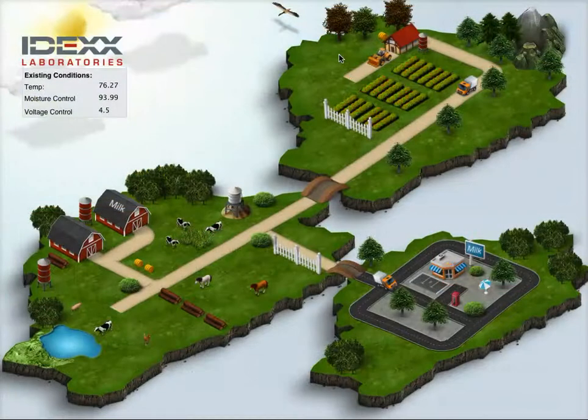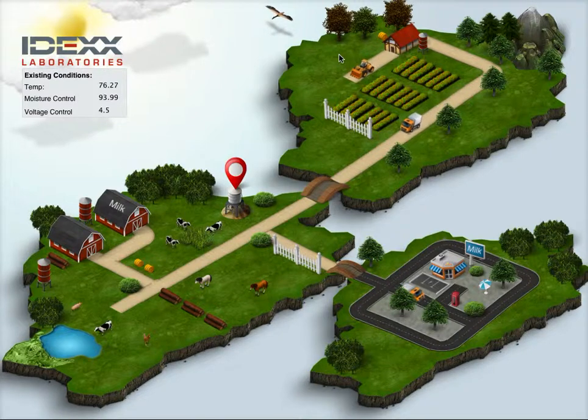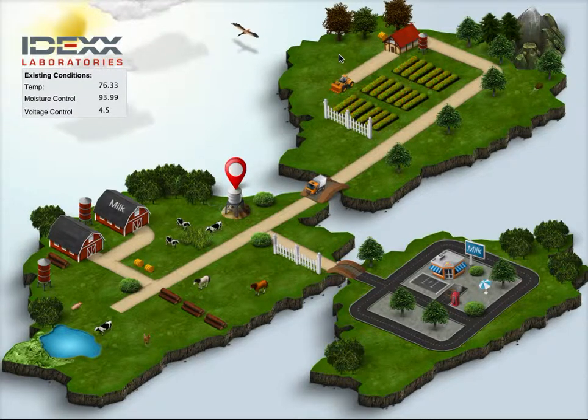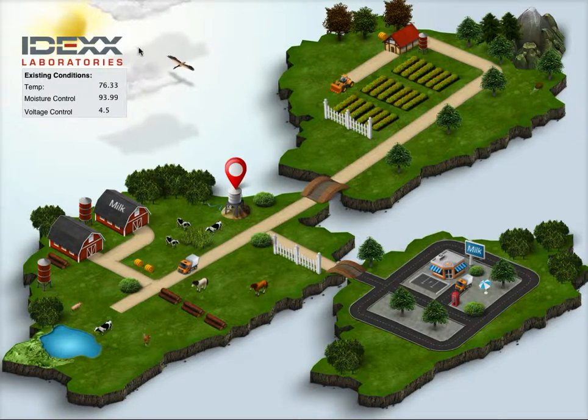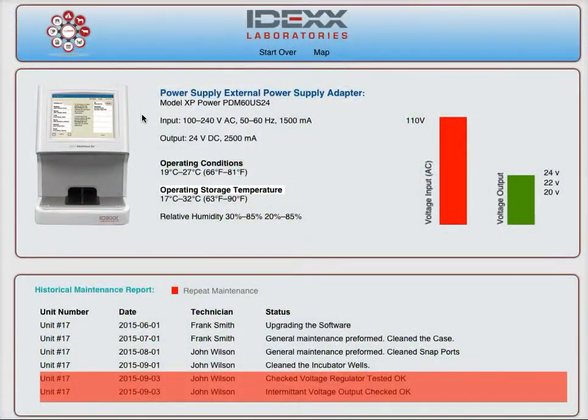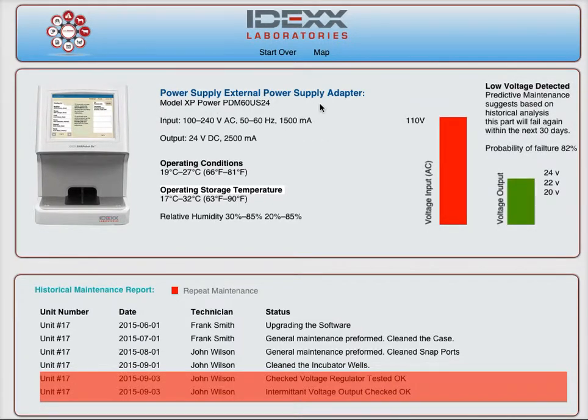Now, go back to the map, and now we have a voltage issue with one of the SnapDX analyzers. It's a device that they carry in the field that detects disease in animals and so on. So if I simply hover a flashlight or a light source above my sensor and get it above 35, remember the value we set in our first screen, it's going to take us directly to the voltage screen or the issue with the SnapDX analyzer,